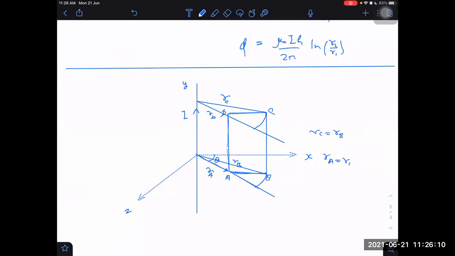By Amperian loop we can solve it. By Amperian loop, we can take this length as r theta, because the current flowing through this plane is 0. Through which plane is it 0? It is through this plane that the current flowing is 0. So if you take a circular arc here, you draw one plane from the y-axis. From the y-axis I have taken one plane. The current flow through that plane will be 0.